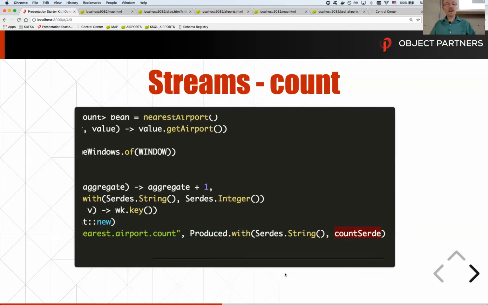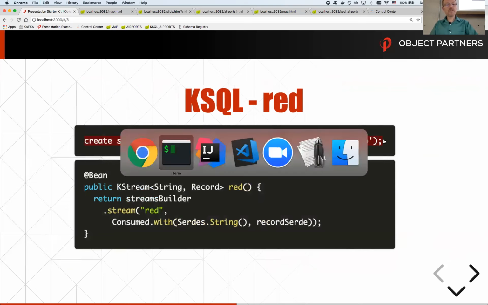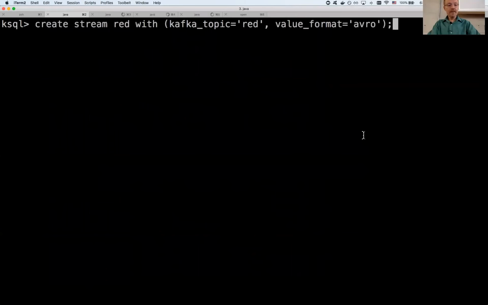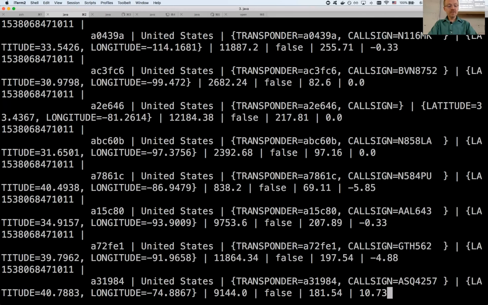Now I want to write that in KSQL, which is one of the things I wanted to demonstrate tonight. So here on this slide, I'm showing the equivalent KSQL line to replicate the stream concept that I built in my Java Streams app. So I'm going to go in and create a stream for my topic. What's nice about this is I can now read from the stream, and it shows up well.